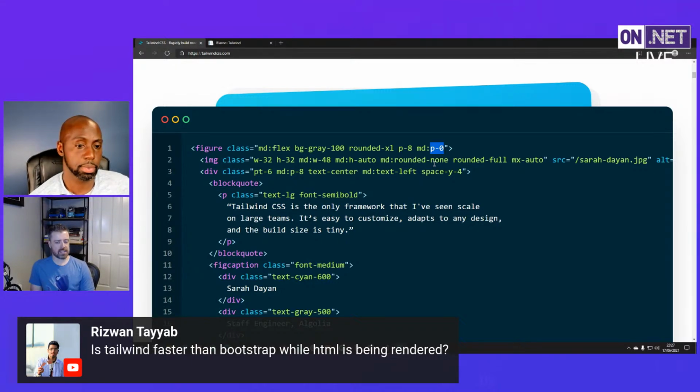I would expect there's probably no difference, because ultimately these are utility classes, but they're still CSS styles in a style sheet. The style sheet has to be loaded, and then obviously the page will be styled. So the regular browser rules would apply. So if